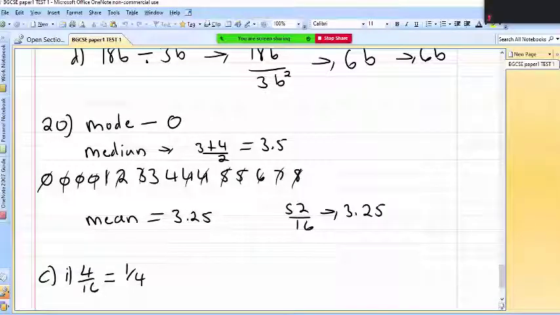Okay, median. This is what you have to be careful of. This is why we need to rewrite the numbers in order, because in order to find the median, you need to find the middle number. So it has to be ordered first, and then we find the middle number. So we go 1, 1, 1, 1, and you just basically keep coming together until you get the middle number.